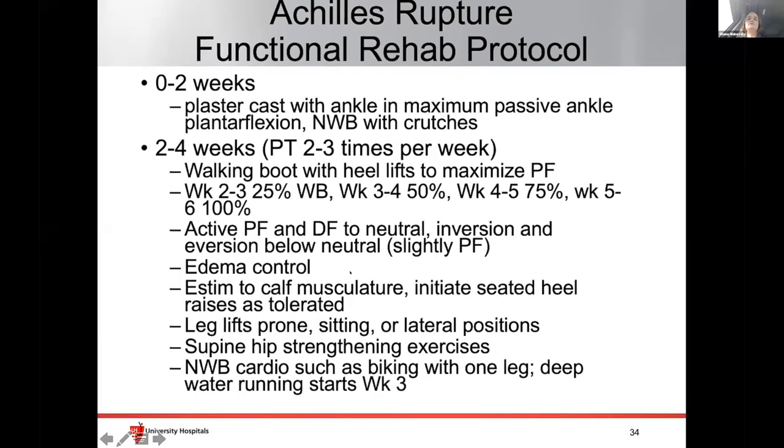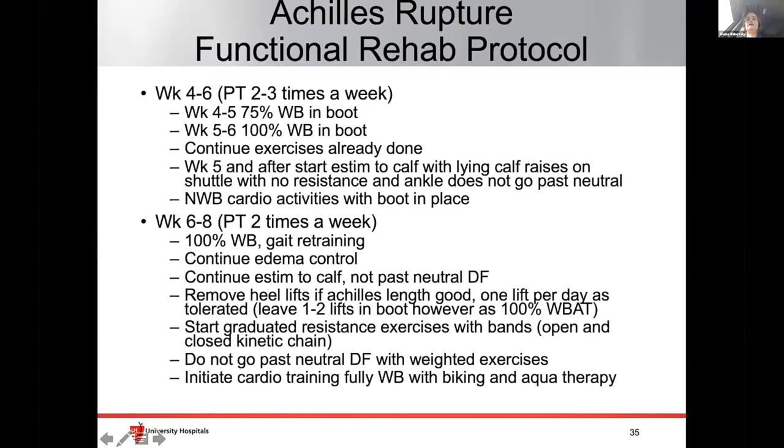For the first 2 weeks, basically it's immobilization with non-weight bearing in a plantar flex position to decrease load or stress on the repair site. You start doing a walking boot with heel lifts at 2 to 4 weeks. You don't want to dorsiflex past neutral, as that will put stress on the tendon. You can try some early cardio rehab, non-weight bearing. The issue with the tendon is it can be at risk for elongation up to 3 months, so you really